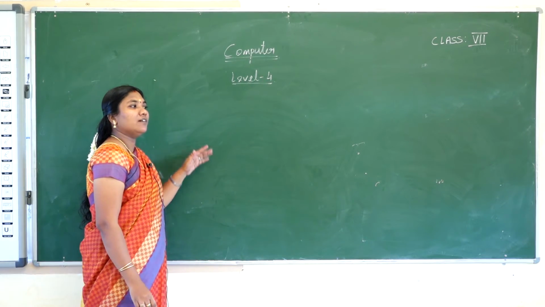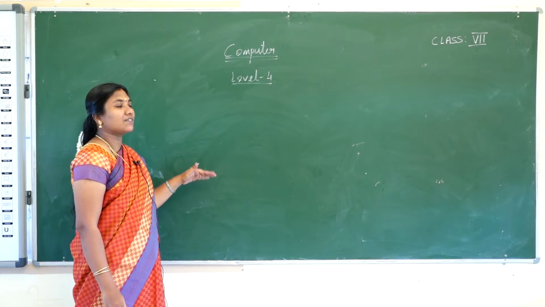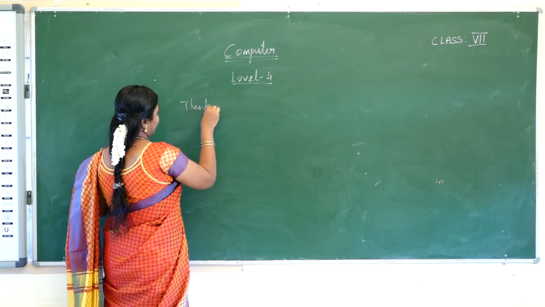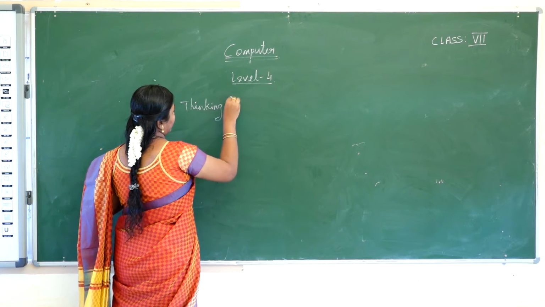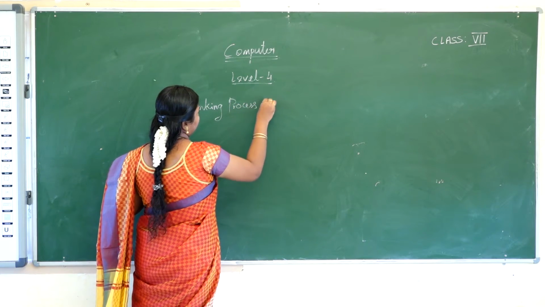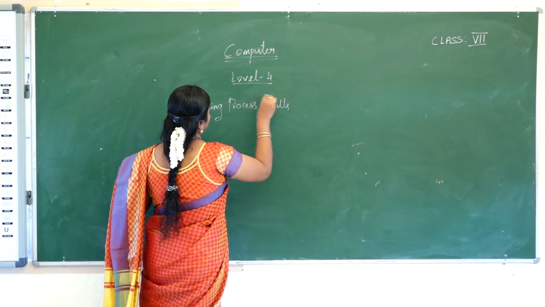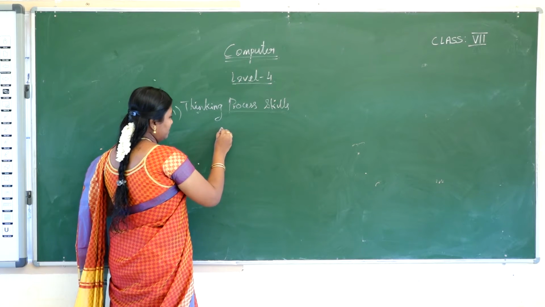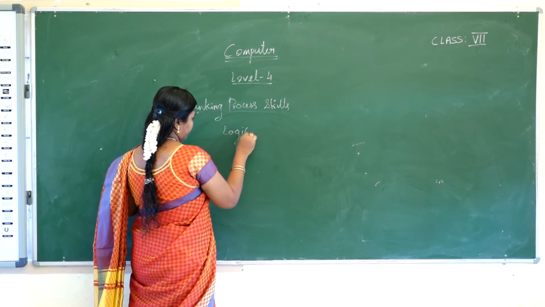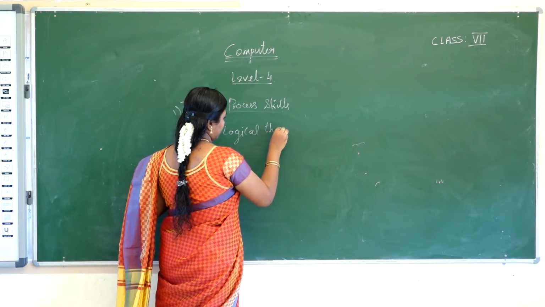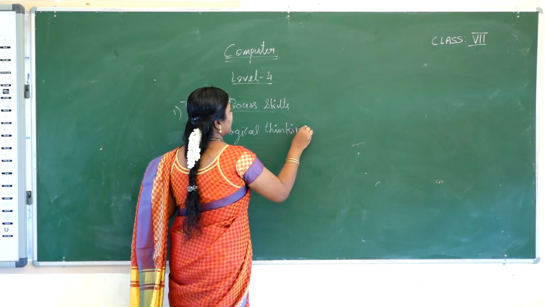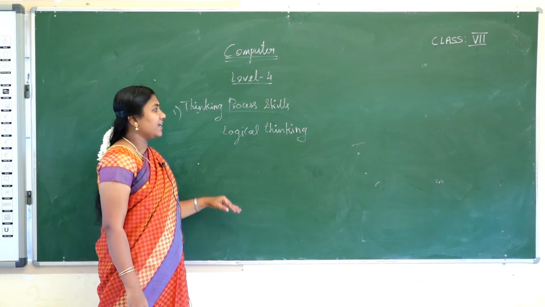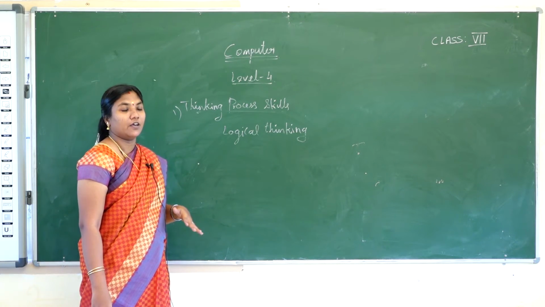So in level 4, as you are familiar with computers, we are moving to thinking process skills. So in thinking process skills, here we are having logical thinking. So in level 3 we will be having the stepwise thinking, in level 4 we are having logical thinking. So what do you mean by